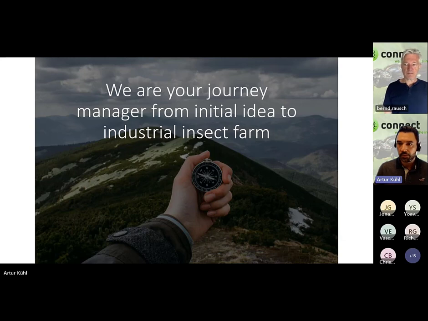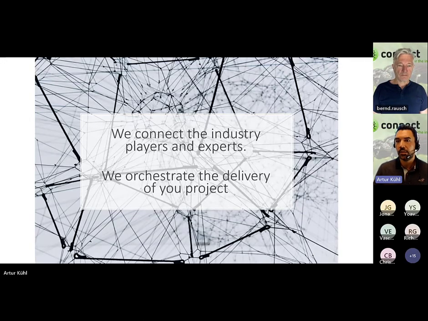So therefore, it is important to start somewhere, and that's basically also the idea of ento-connect and why we founded it and what we are doing inside of this venture. Since we have a background in that industry, we know many of these aspects, we know many of the players, and so our motivation and objective is to bring it together at the end of the day to get to a point where the industry can grow and thrive. So we have also mentioned the amount of facilities that are up and running in operation.